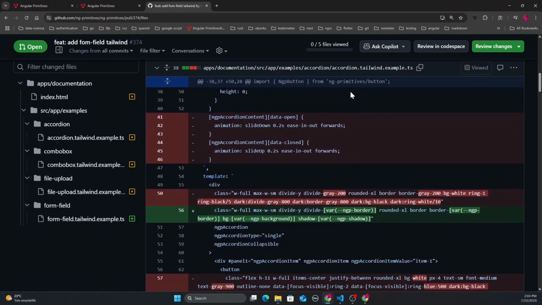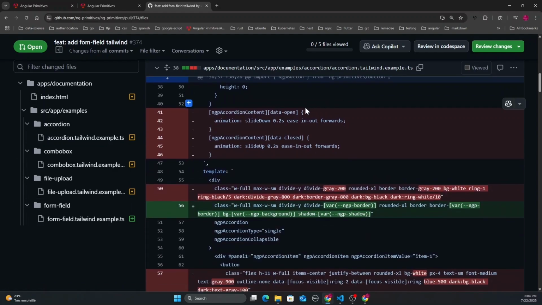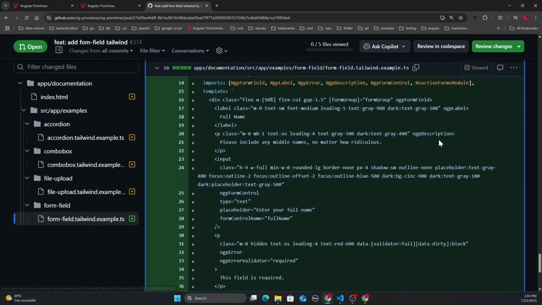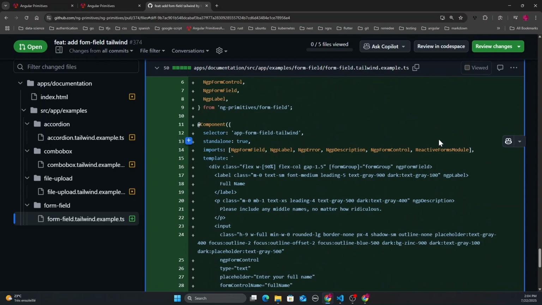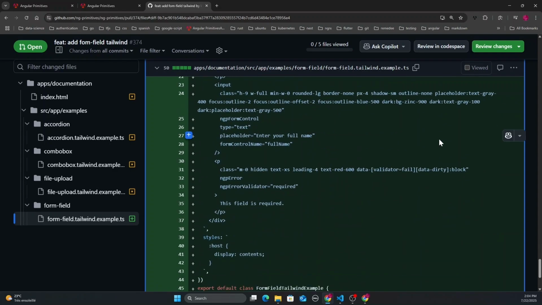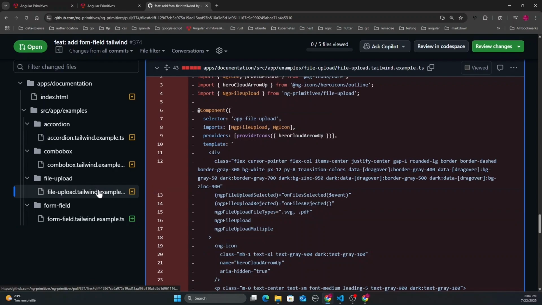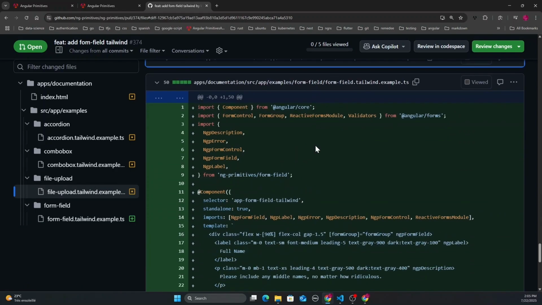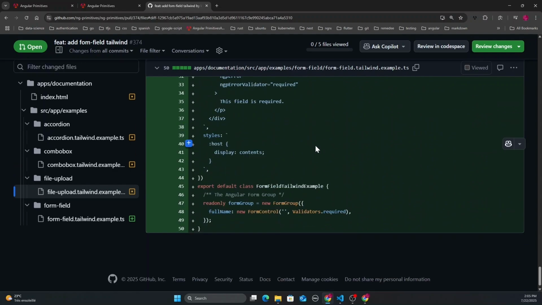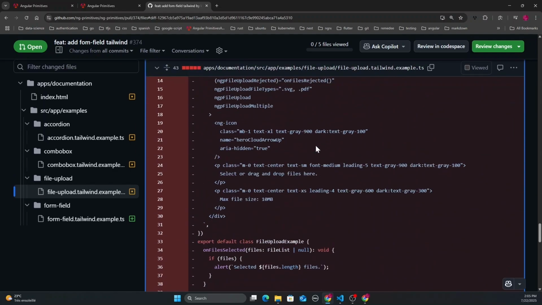Okay, I see. It's also because some of my other pull requests haven't been merged. I was wondering why I have some CSS variables appearing in my pull request, but that's because some of my other pull requests haven't been merged yet. So it is as if